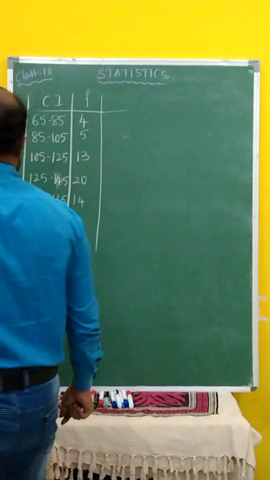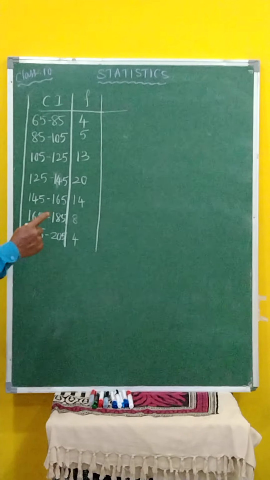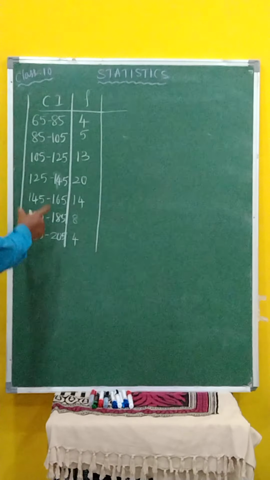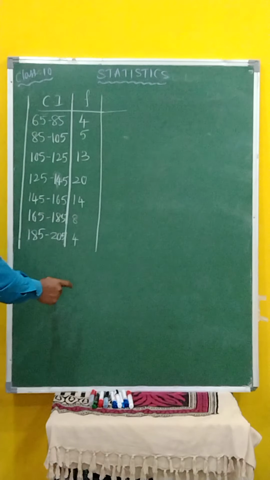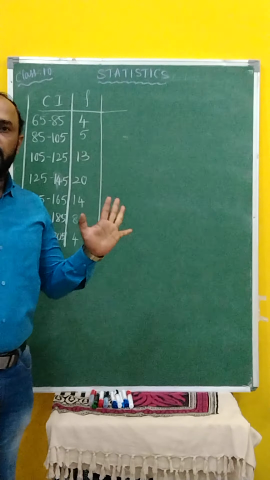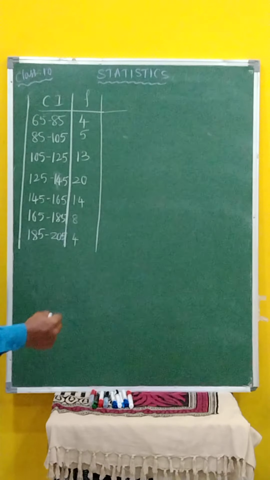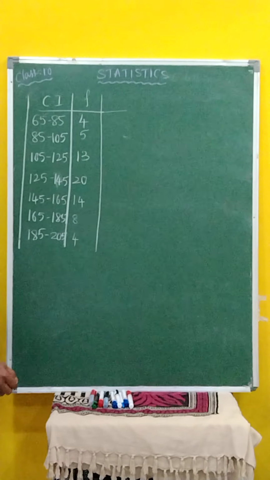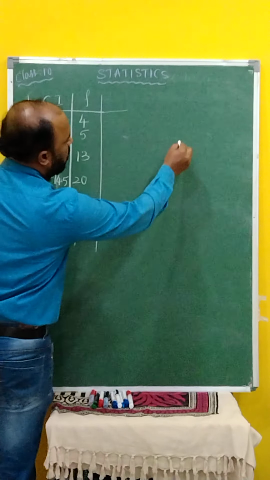Students, now we will go for one example. That is exercise 14.3. The first sum is given with class interval and frequency. The question is asking to find mean, median and mode. Using the relation formula we will do it now. The simplest thing we have to find in this is the mode, so first we will find the mode.